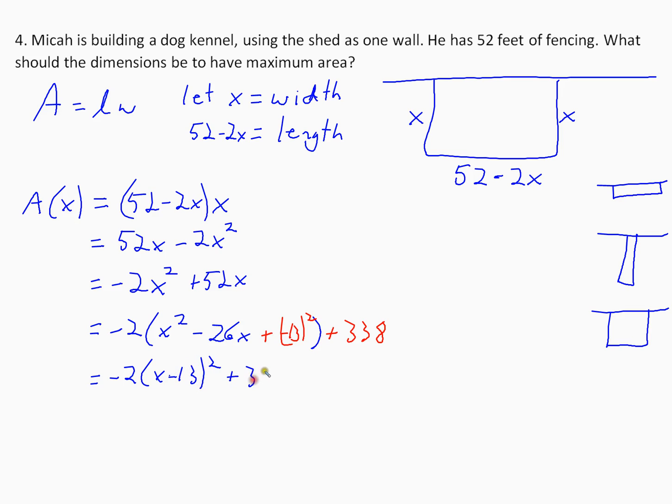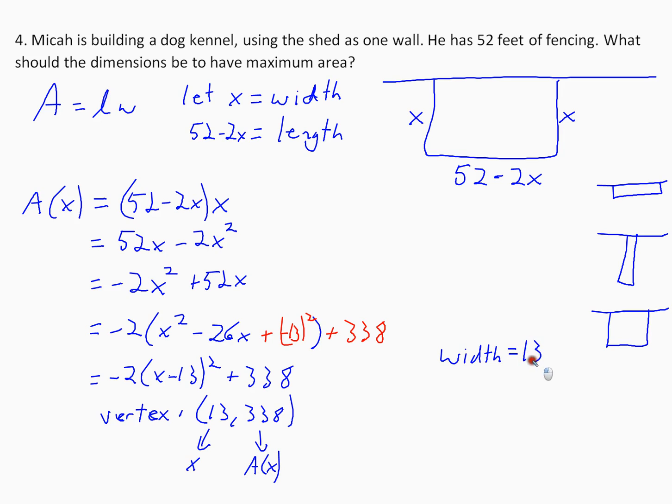plus 338. We know that this is a parabola facing down, or opening downward, because it's negative, and so we have our vertex, which is at 13, 338. So this is our x value, and this is the area. And so we know that our width, x, is 13. That gives us our maximum area, and then the length